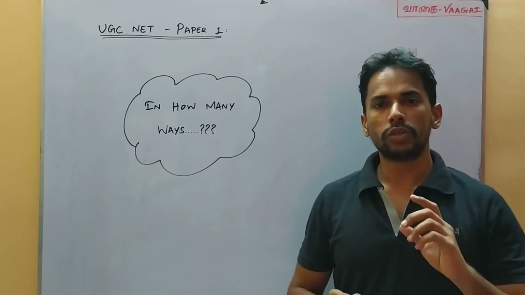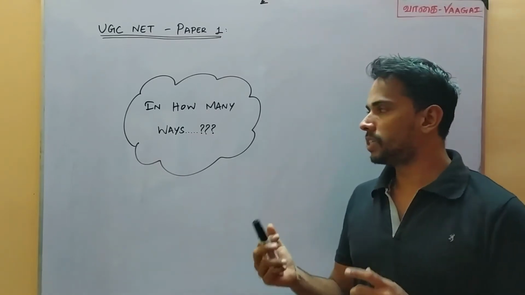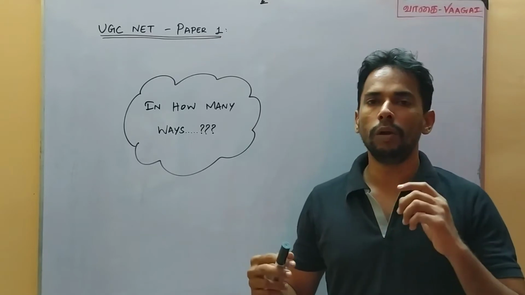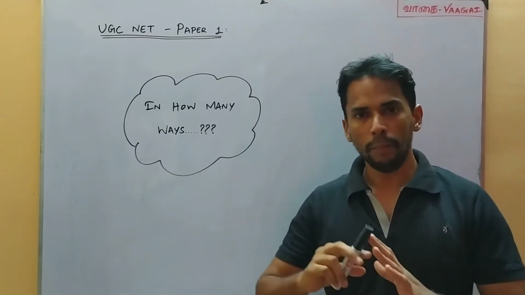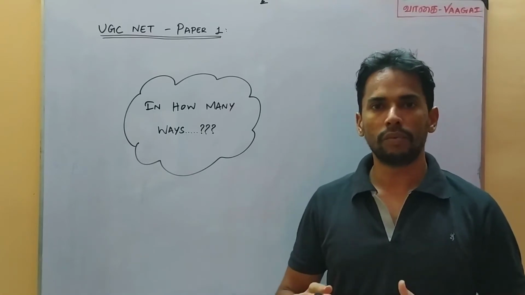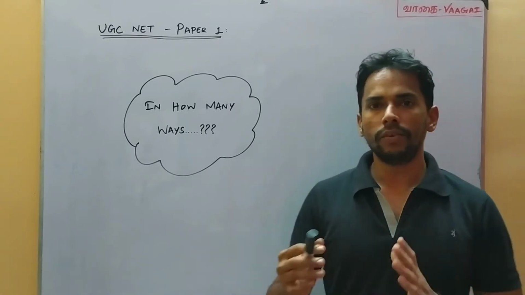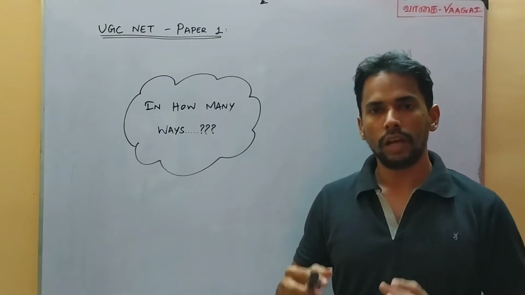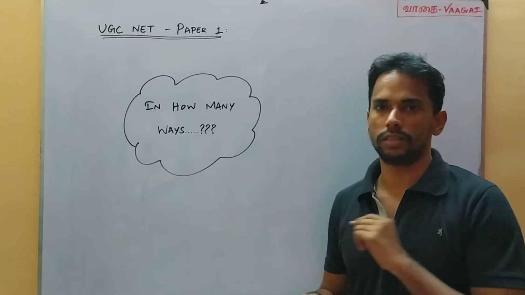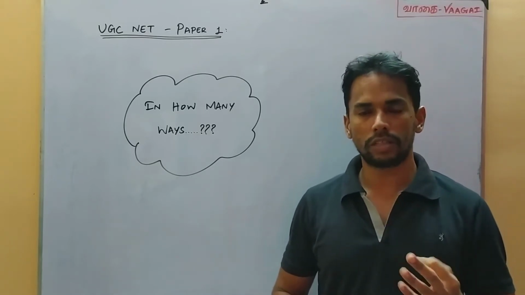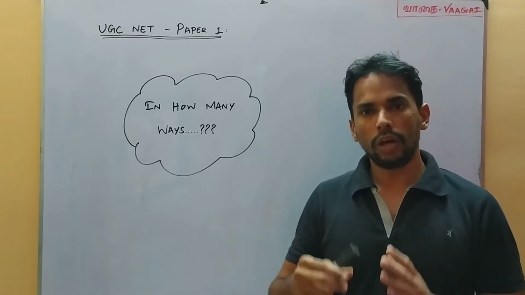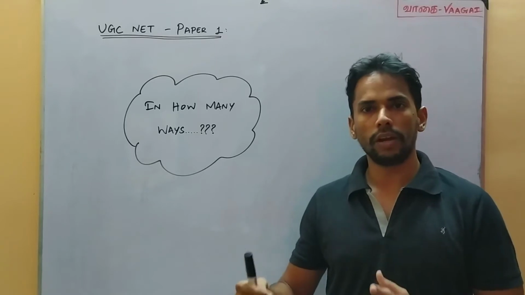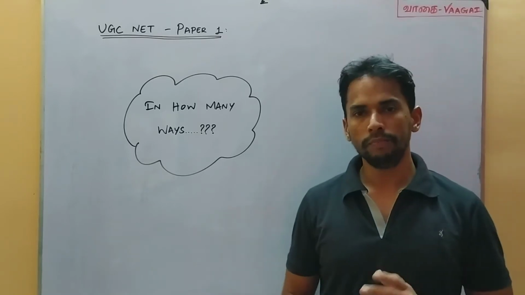Of course, the topic under which these kinds of questions appear is permutation and combination in mathematics. If we go there, we have many deep concepts to be seen. But for UGC NET, we need to see only certain basics. That alone we are going to see in this session, using three varieties of problems. With that itself, we make sure that you are able to solve any kind of questions appearing in your UGC NET paper 1. Here we go.